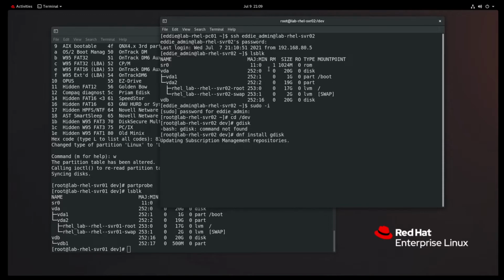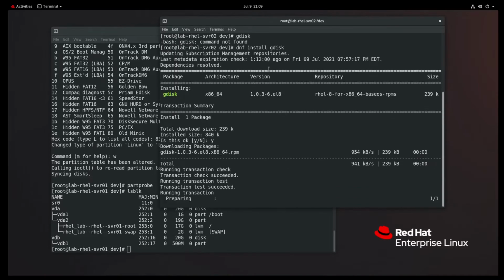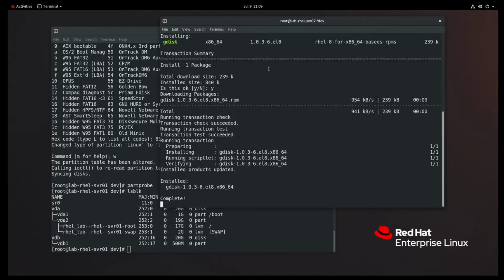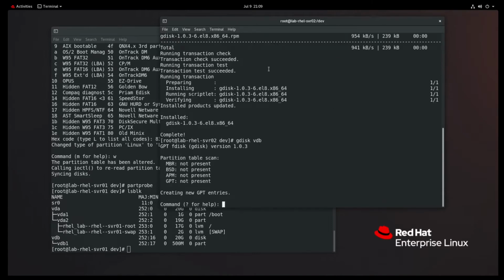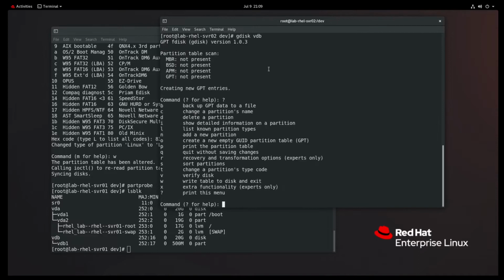Probably could have done -y to save a little time. All right, install that. And let's try this again. gdisk, and we'll do /dev/vdb. Now, much like fdisk, a lot of the commands are similar, except you can do ? to see your commands,